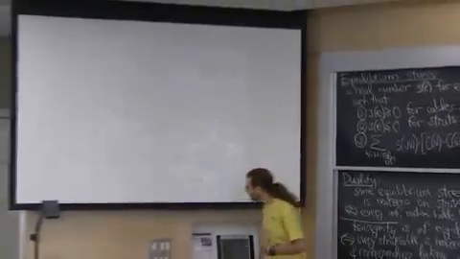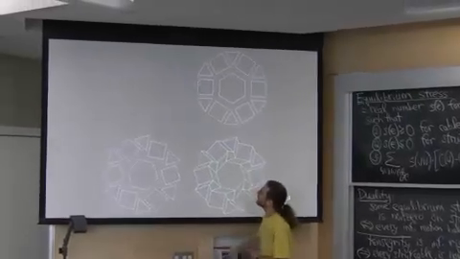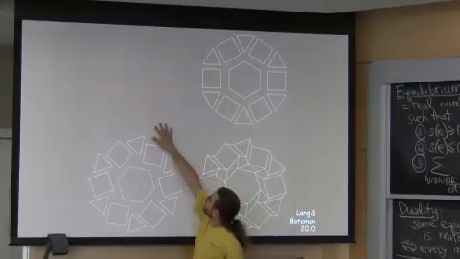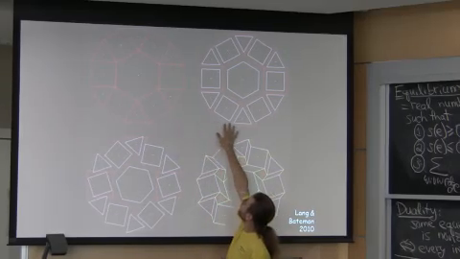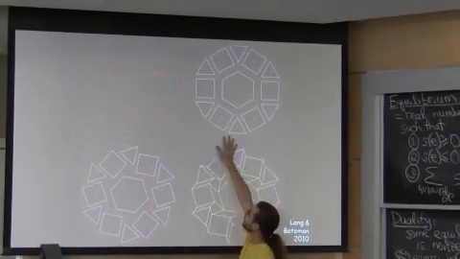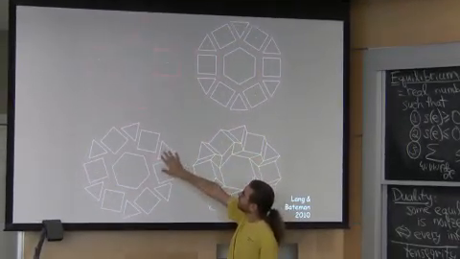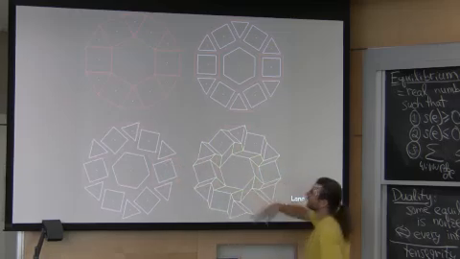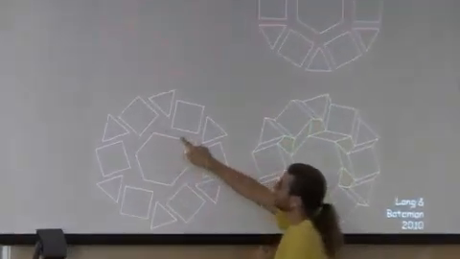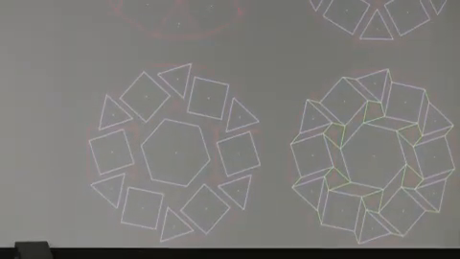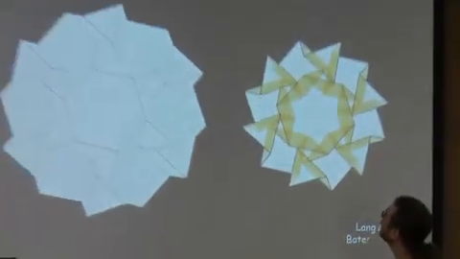It's a little bright. Let me turn down the lights a little bit. So you take some tessellation, like these squares and triangles and hexagons, some collection of polygons. You shrink all of them a little bit, but all by the same amount. And then you twist them a little bit, all the same amount. So here they are, twisted. And then you just connect the dots. So like these two edges used to be joined to each other. So I'm going to connect these guys and connect these guys. That's the green edges. And that's your crease pattern. You erase the red stuff, and you get your crease pattern, and you fold it, and you get this cool